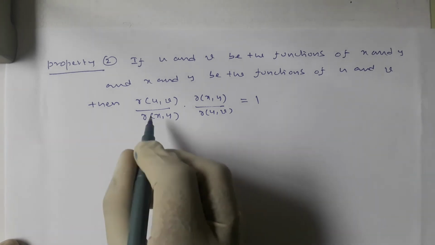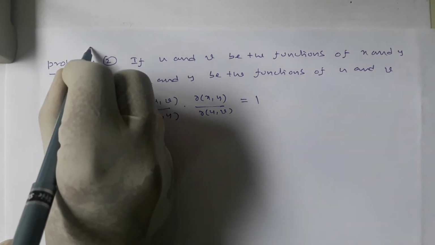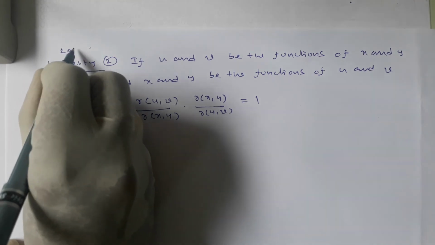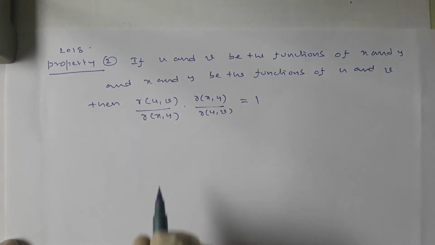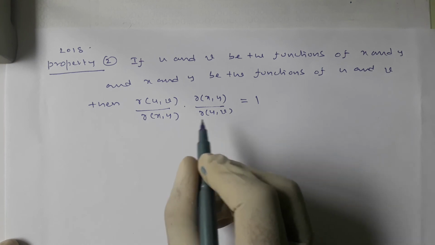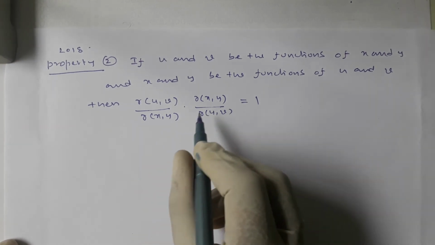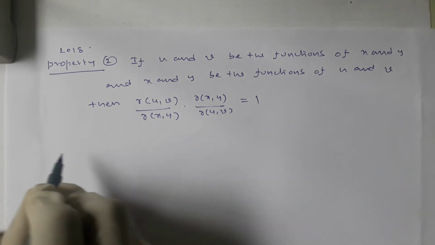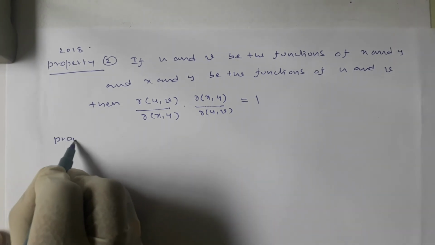Right. See that only multiplication of LHS is equal to 1. So dou u by dou y, here dou u by dou y cancel, dou x by dou y, this is dou of x comma y, dou of x comma y is to be cancelled. So that it simply is equal to 1. Its proof,